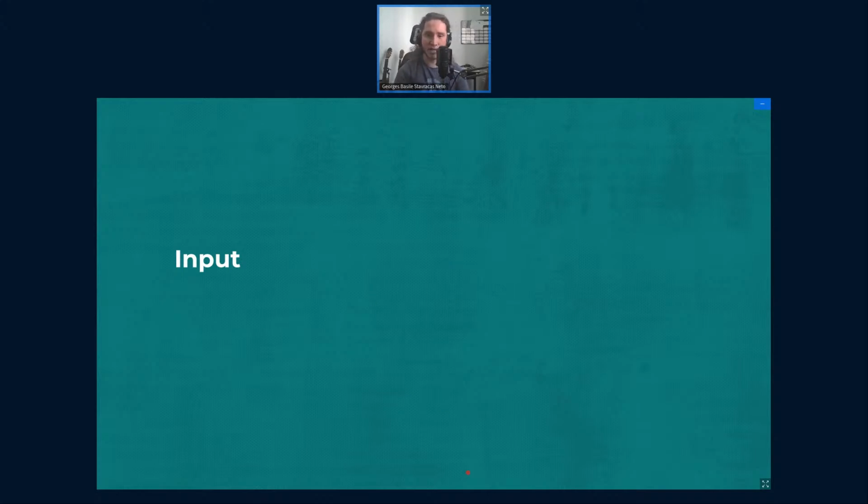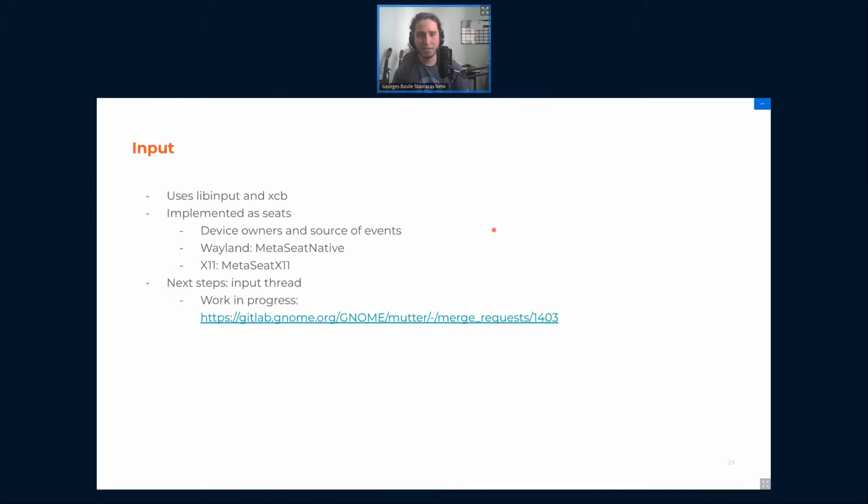Switching gears a bit to talk about input. On Wayland, we use libinput, and on X11 we use XCB, as I mentioned before, and they're implemented as seats. I think the concept of seats was introduced recently, and this is the abstraction layer that Clutter has. Clutter has interfaces for seats, and Mutter implements a native seat for Wayland and an X11 seat for X11. A seat is basically the part of the code that owns the input devices and generates input events